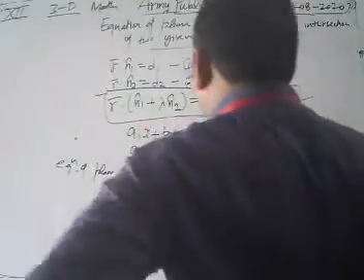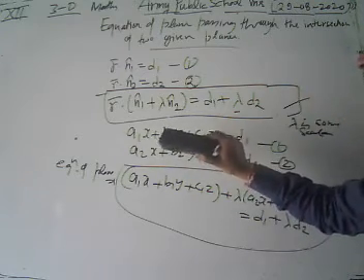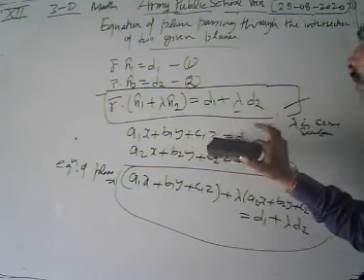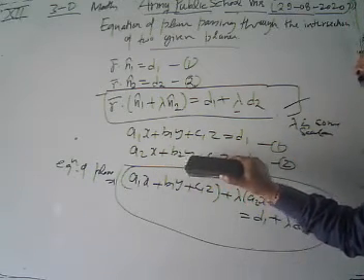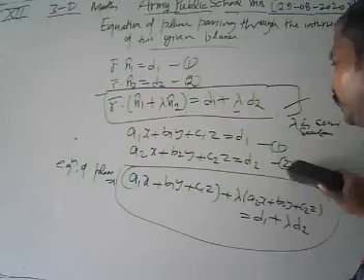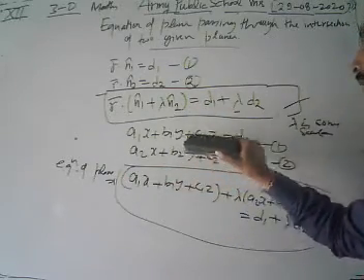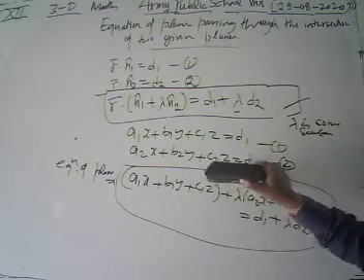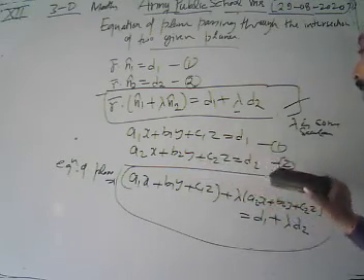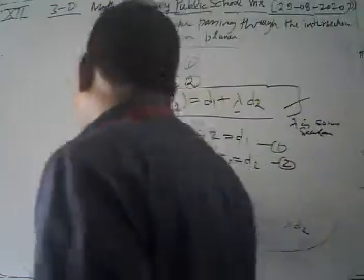If the equations of the planes are given in Cartesian form, the first plane is a1x plus b1y plus c1z equal to d1, and the second is a2x plus b2y plus c2z equal to d2. Then the equation of the plane in Cartesian form is a1x plus b1y plus c1z plus lambda times (a2x plus b2y plus c2z) equal to d1 plus lambda d2. We can also write this equation differently.